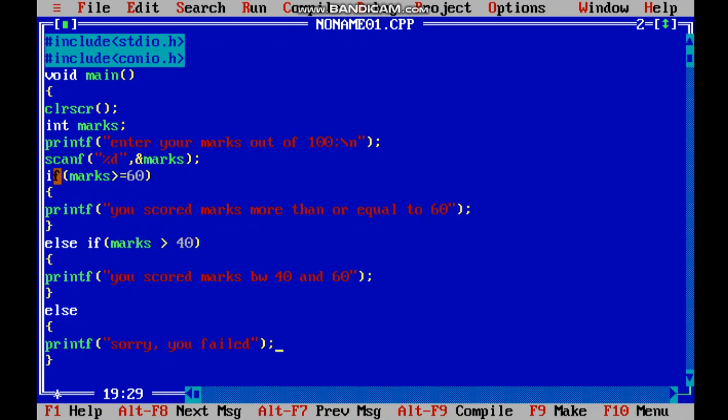It is because it checks sequentially. First this statement will be looked at, and if it is true, then both of the others will be skipped. That's why 75 will not be checked by the compiler here. So it directly skips, and if both of the statements evaluate to false, then the else part will cover that you have failed. Thank you. See you in the next video.